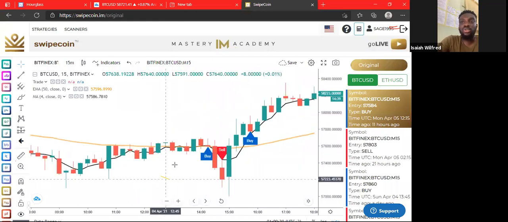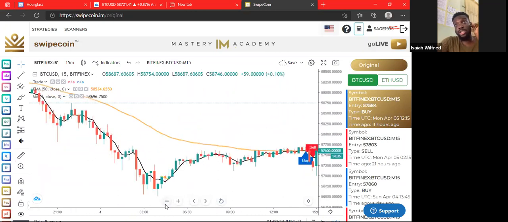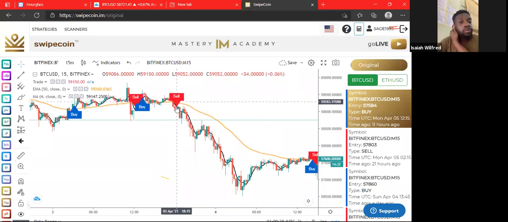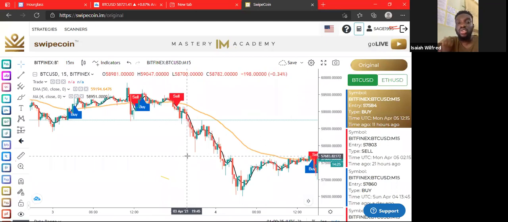Now, how do you actually take these trades? If you watch this one, you can see after it crossed down, there was a sell. Now, for Swipecoin scalper, how you take trades is the same thing. It's basically support and resistance. It's the same thing, ceiling and floor. So if you actually follow the rules of the scalper,